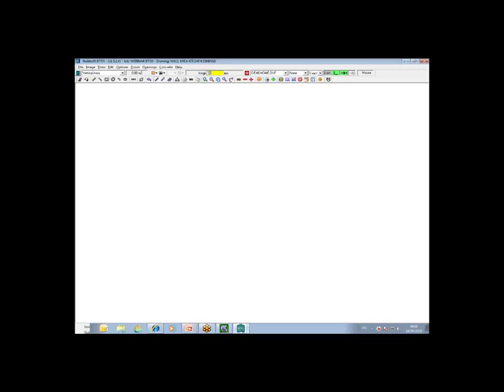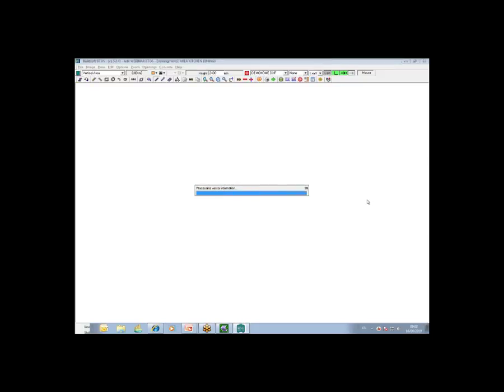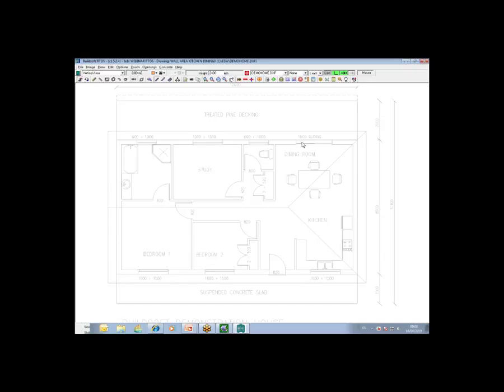So I'm going to put in a wall height here of 2.4, and then again, as before, I'm going to load my image. And I'll make sure my tick is beside the drawing name and click OK. As before, it brings it in, and you can then use your zoom functions to zoom in on the section of the drawing that you want to deal with. So in this instance, I'm going to take off a wall area of the kitchen and dining, so I'll go